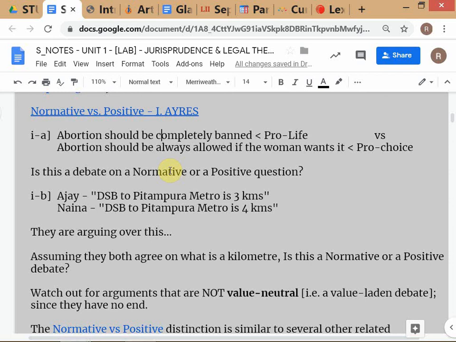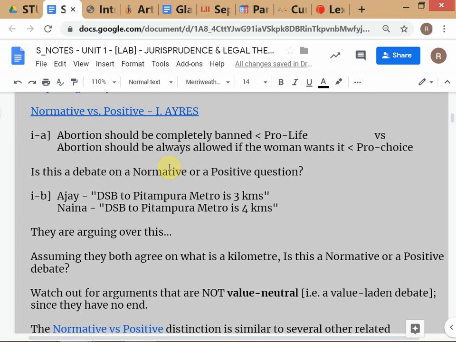So the point we're trying to make is, if you are locked in an argument, you should ask yourself, is this argument value neutral or not? Are you following? As an example, the abortion debate is not value neutral. Are you able to follow the statement? The abortion debate is not value neutral, because if it were, it would be independent of your value system. Here, this debate is not independent of your value system. We say, therefore, it's not a value neutral debate.